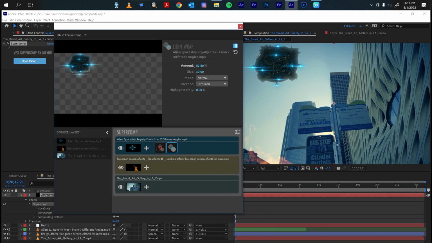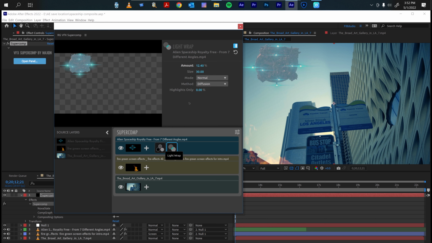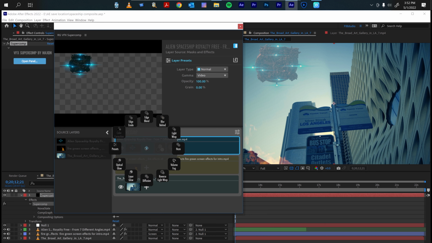Okay, so, and if you just need to do the highlights, it'll just affect the highlights. Okay. So we're going to do a subtle light wrap, about 12-15%. Then, okay, so once we do the light wrap, let's go ahead and add some